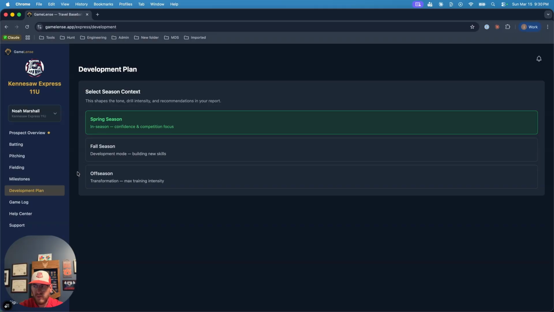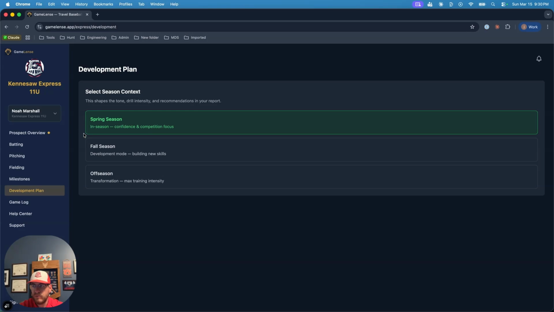If you have a child that's really motivated to get better, that's what this development plan is for. The model is going to push a heavy load to really work on transforming and reshaping a swing. Heavy fundamental work. That's the time to make a big change in your game. Spring, you should be maintaining essentially. And then if you have maybe a growth area that, if you don't change it, it's probably going to be a rough season for you,